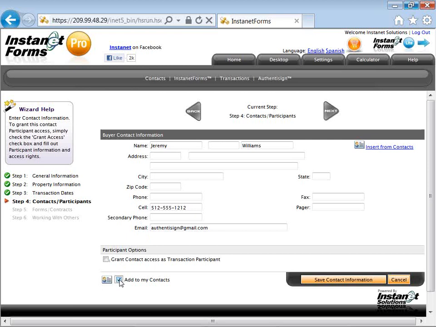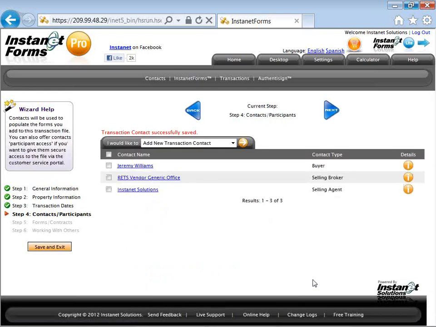When I click Save, two actions will be initiated. Save, bottom right corner, saving this contact information. Two things happen. Jeremy is added as a buyer contact to my transaction file. Because I selected that checkbox, Jeremy has also been added to my TransactionDesk contacts, top third, left-hand side. So I can insert Jeremy into future transaction files, into future signings, into future email messages or other services through